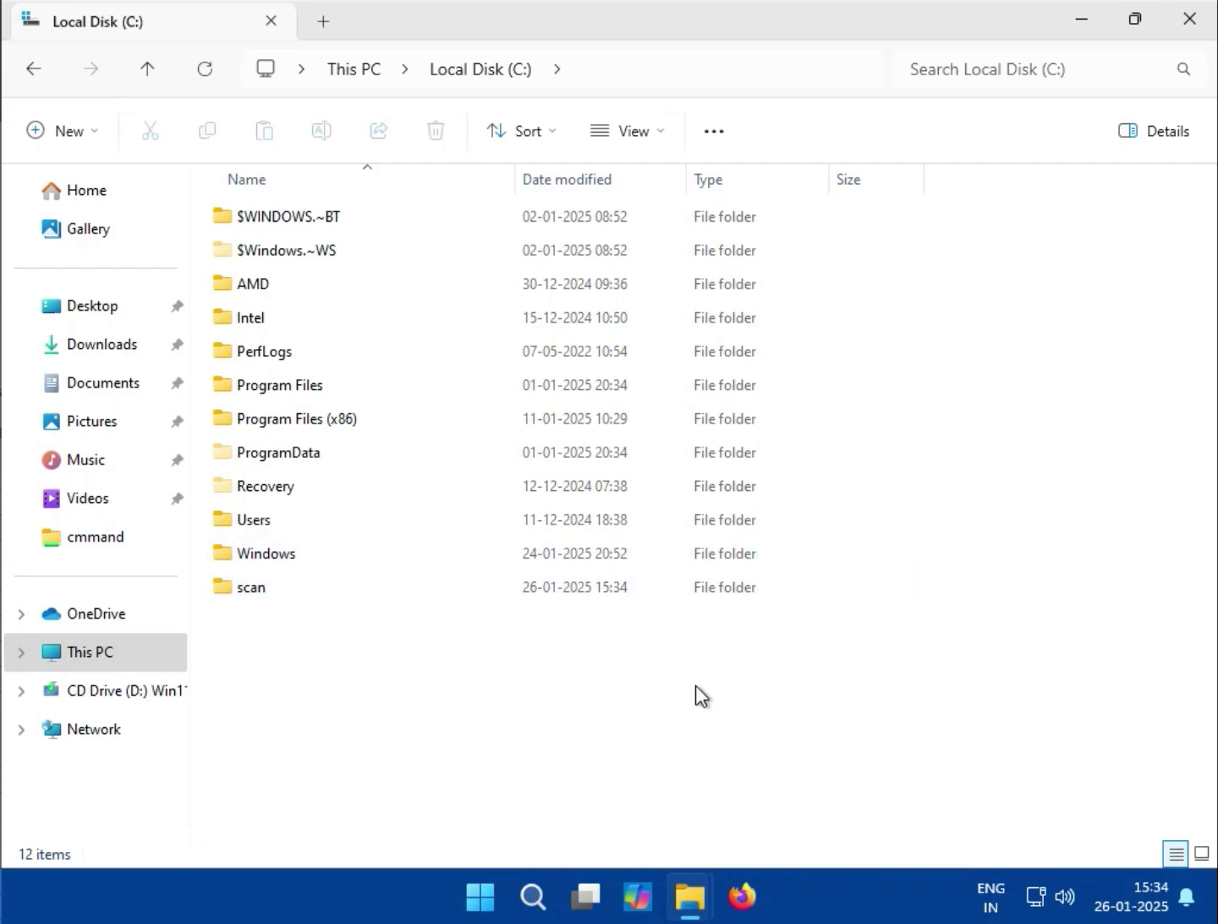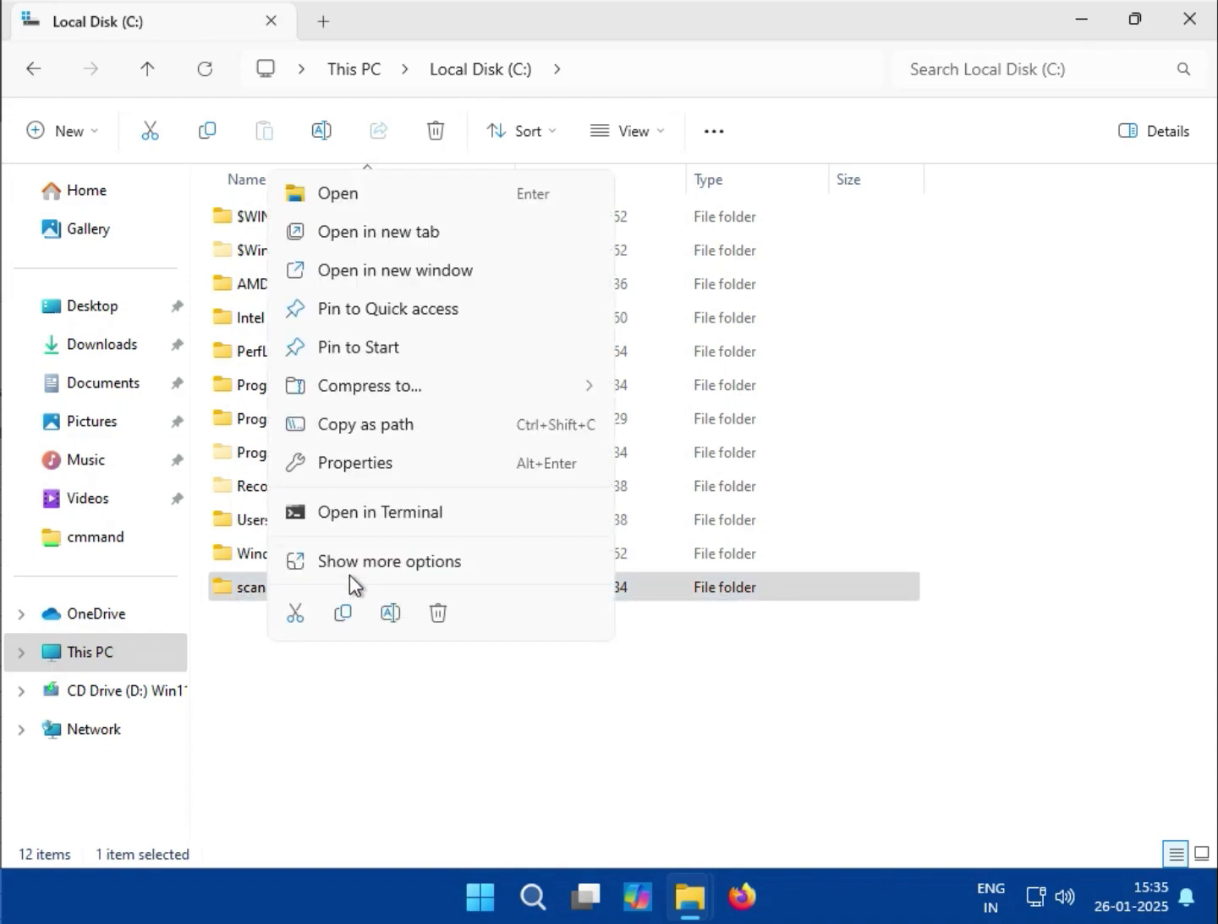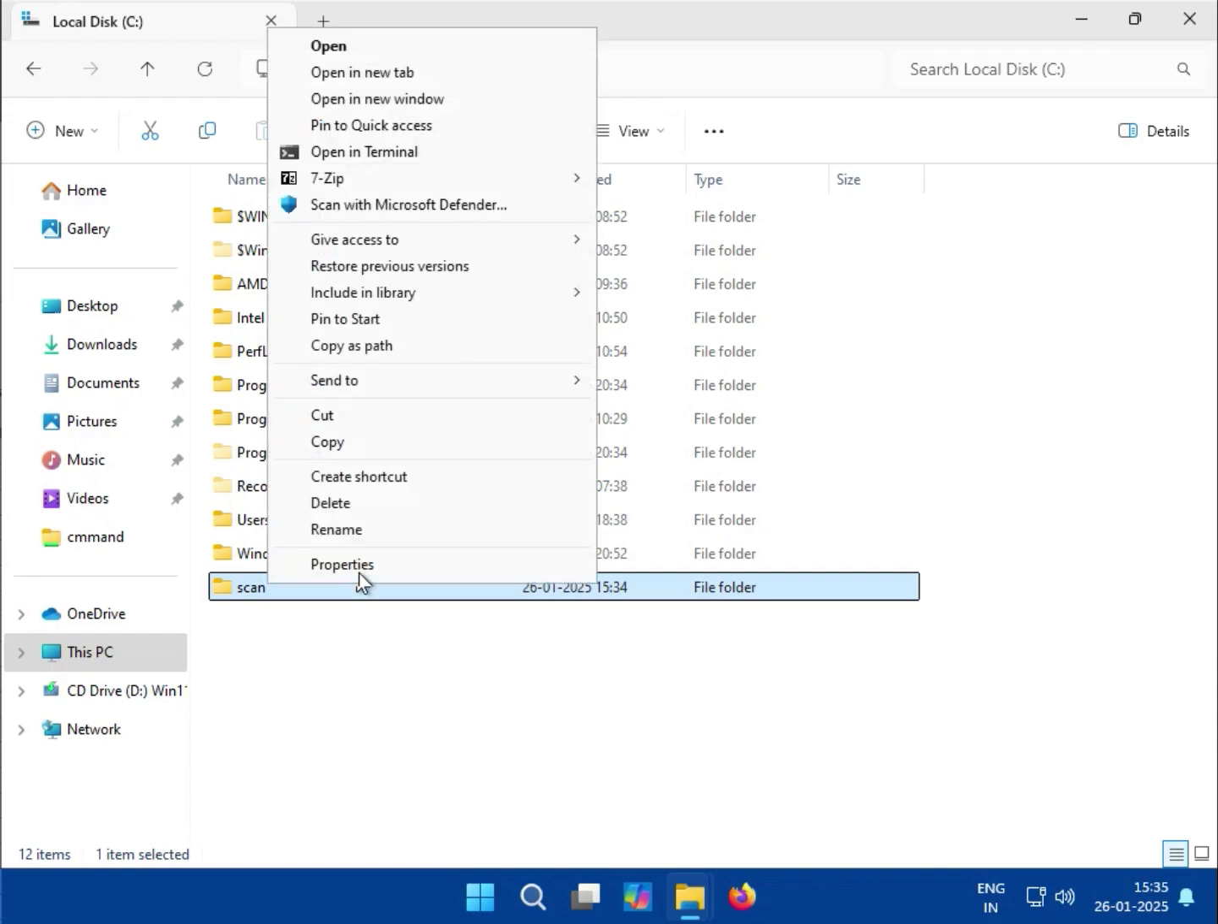And if you want to change your scan folder permissions from system to all users, if you work in any organization or company, select the folder which you want to share with anyone. Just right click and show more options. This is the same in both Windows 10 and 11. Click on Properties,